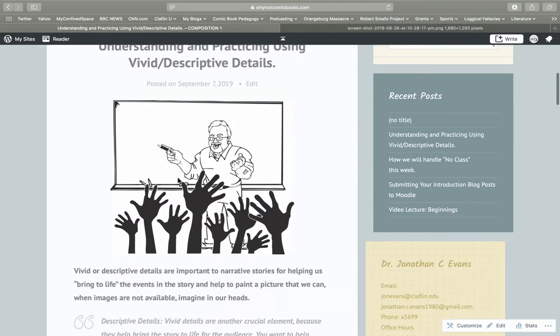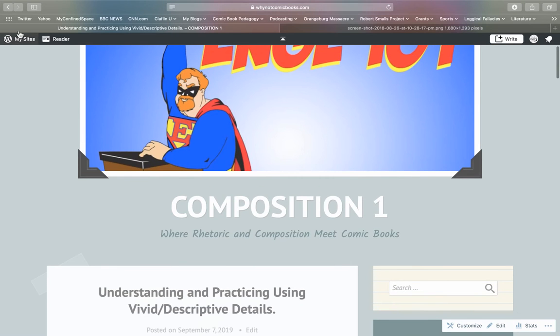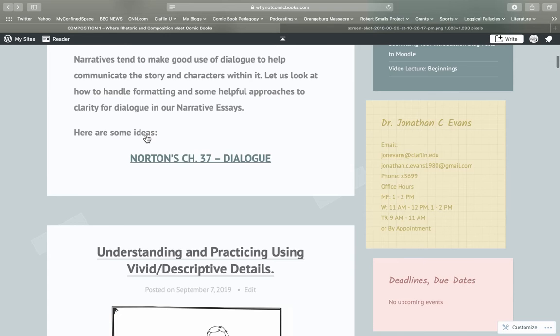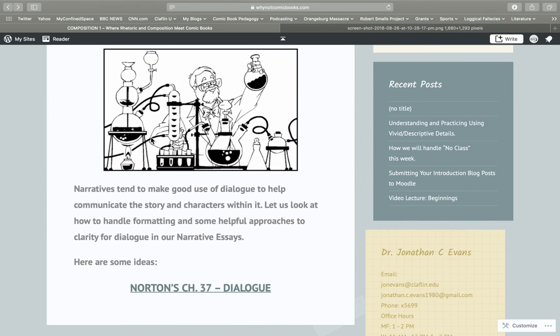Okay. Now that covers the one exercise I want you to do. Then the other thing I want you to look at for me is this notion of dialogue. And this ties into the vivid details, but the dialogue is a very particular element in that it gives the narrative a sense of being alive, because it allows you to demonstrate the interactive communication of characters in the story,